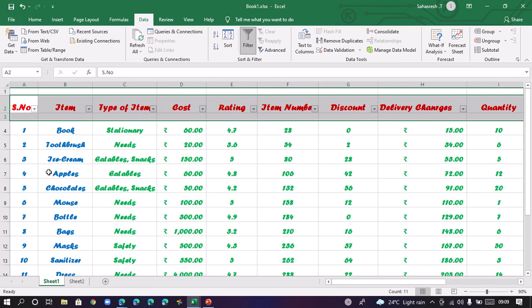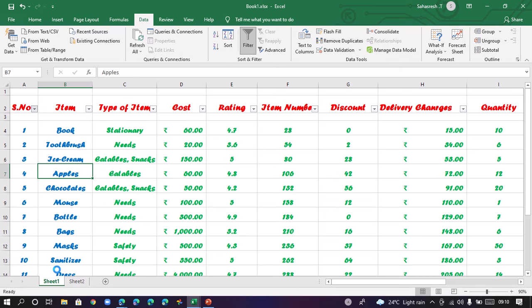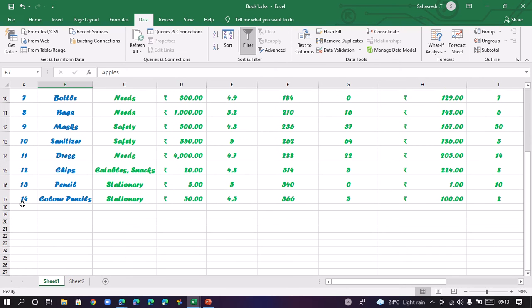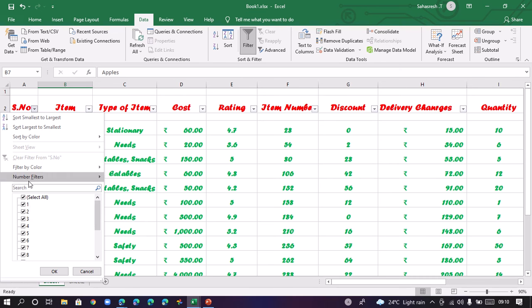Now that you have the filters, you can understand how it works. In the serial number, if you click on the arrow, you can see all those serial numbers here. This is because Excel has noted down all the records under the serial number field. The option Select All is selected, so we are able to see all the records.